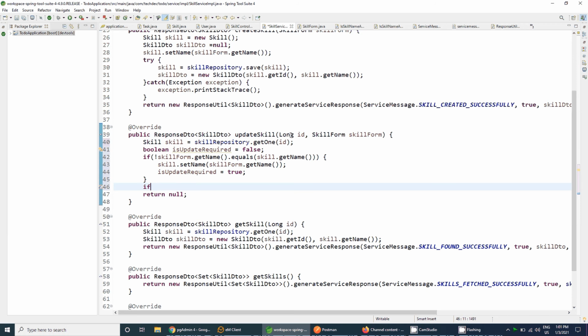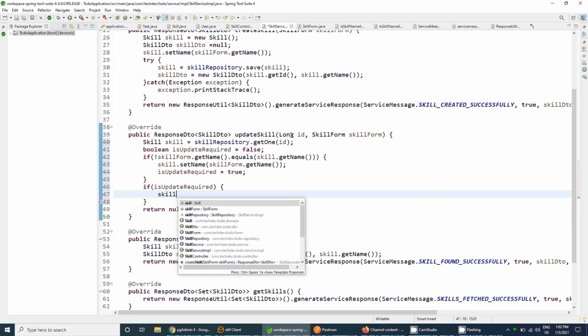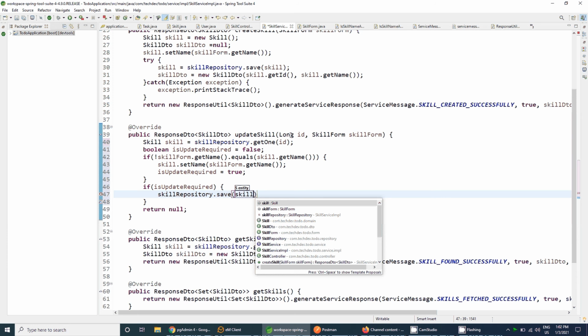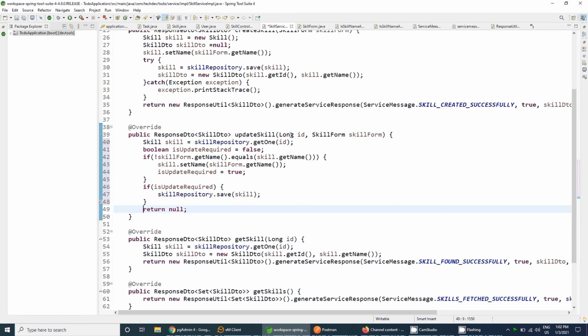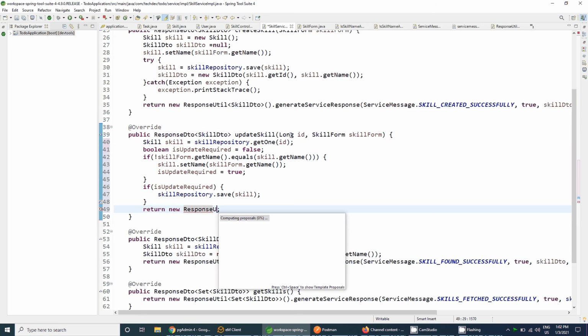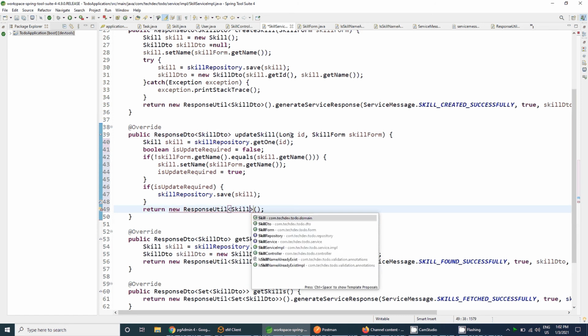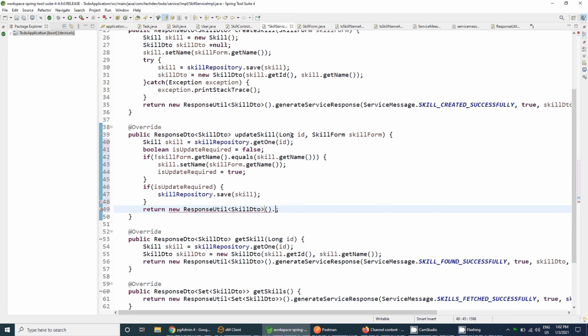And if isUpdateRequired, then it will call skillRepository dot save, and the entity will be the skill, and we will just return this new response entity, sorry, ResponseUtil of type SkillDTO dot generateServiceResponse, which will contain the message, the success or not, the API, and the skill DTO object.